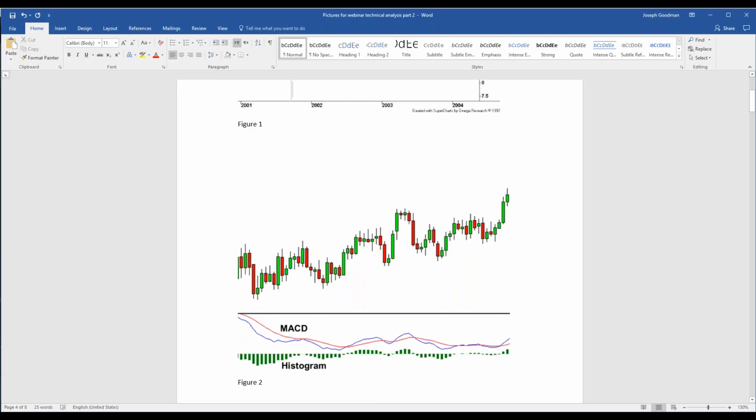The MACD is a very logical indicator. It does just what the name says. It measures the spatial relationship of two exponential moving averages. And what is an exponential moving average? Well, a simple